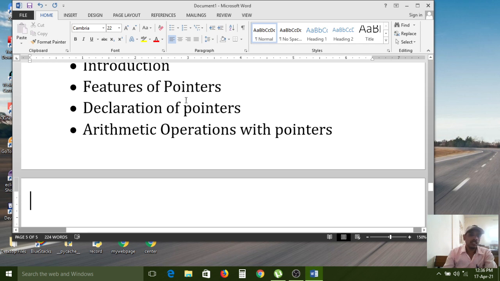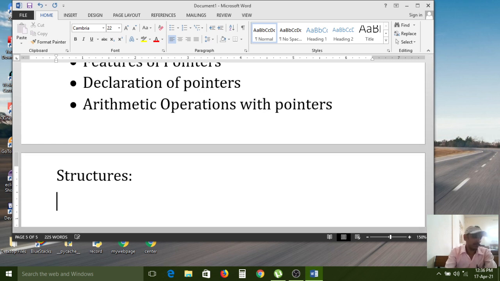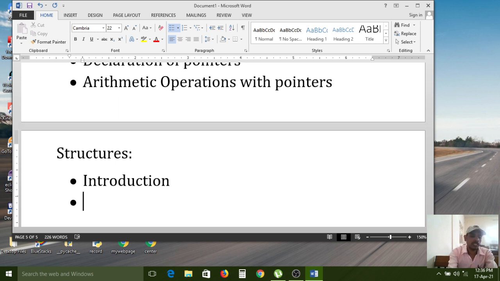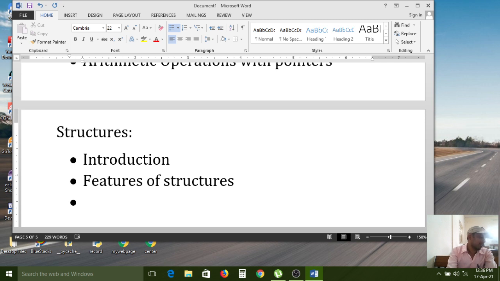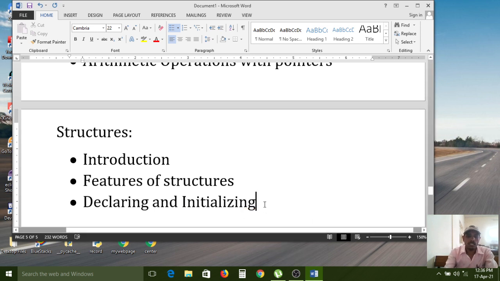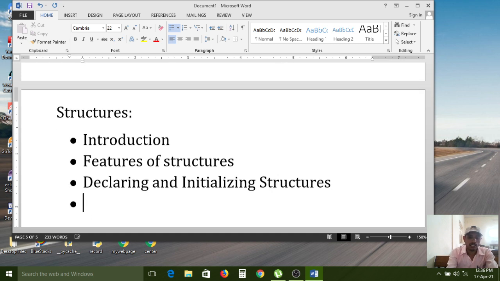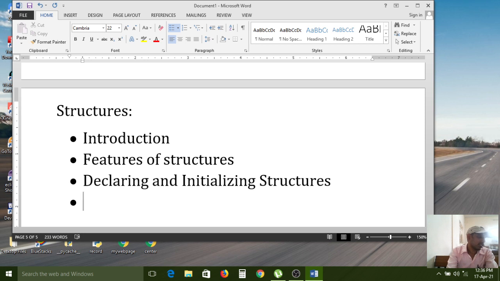The next chapter is structures. Structures introduction, features of structures, declaring and initialization, initializing structures, structure within structure.